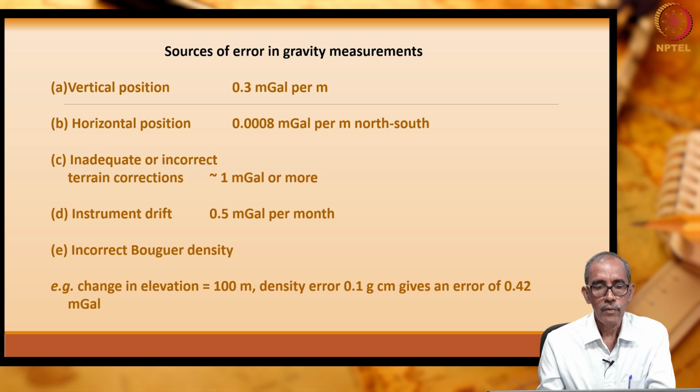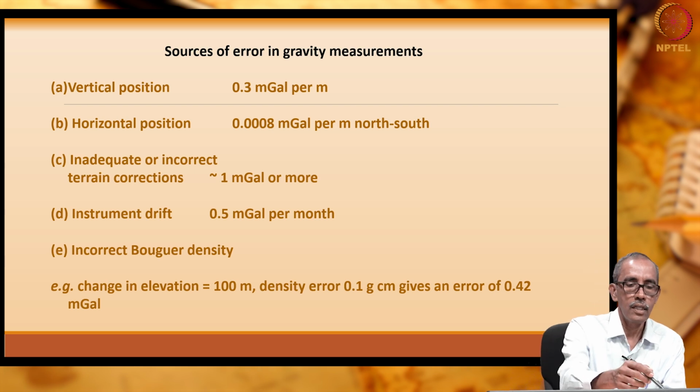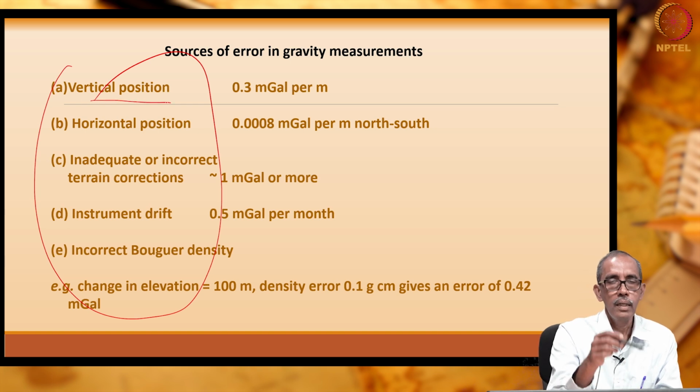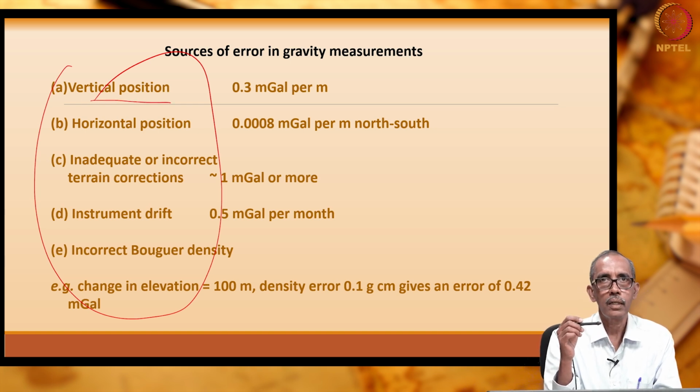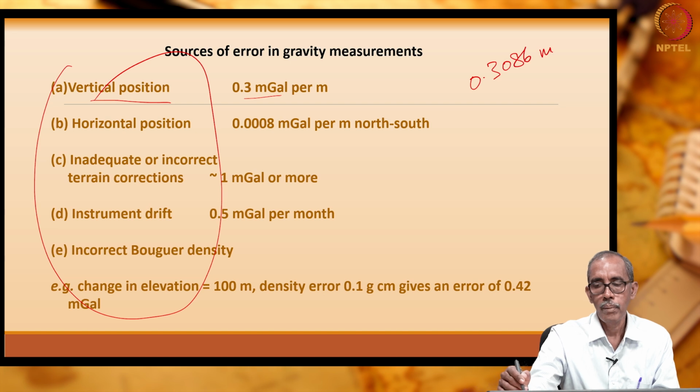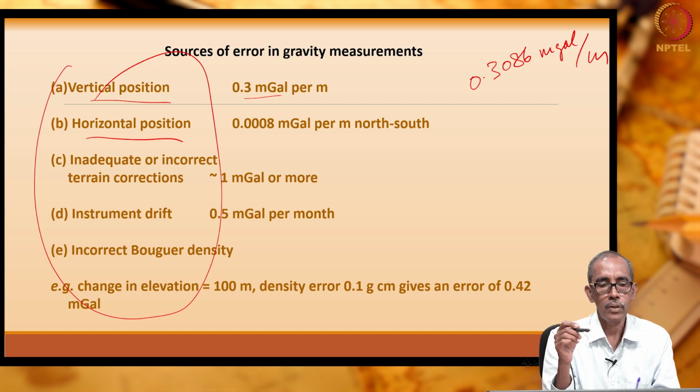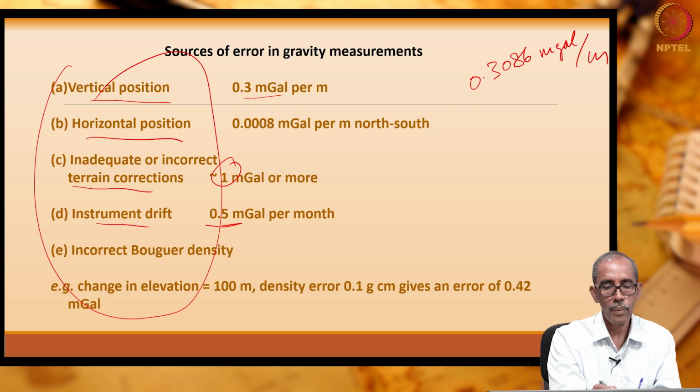So, what we had seen is that after carrying out all the corrections, if there are still some errors, it is because of these reasons, right? Maybe the vertical position is not accurate, that means the elevation of the gravity station, then we know already that for every meter the variation is going to be 0.0386 milligal per meter. Then this is due to the latitude. Then terrain correction will have an impact on that. Drift is going to be approximately this much. We have accounted for this, right?